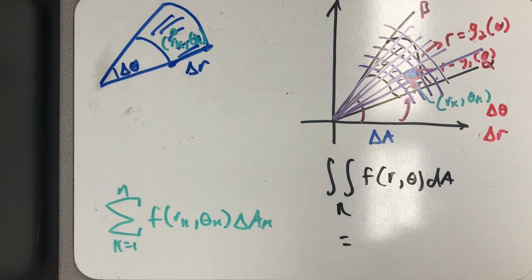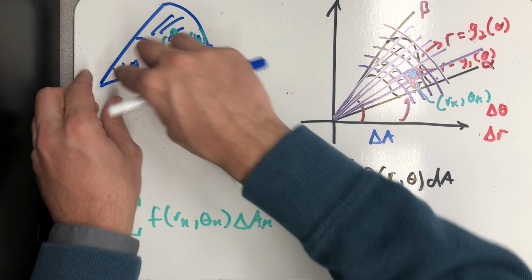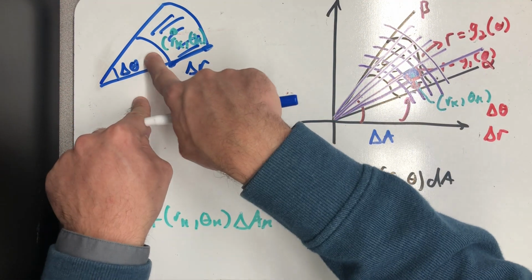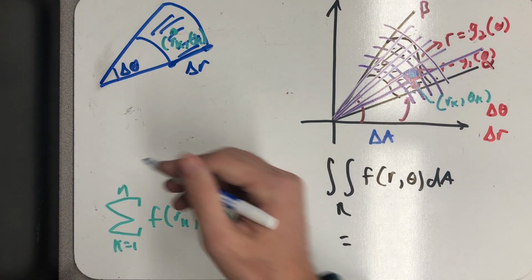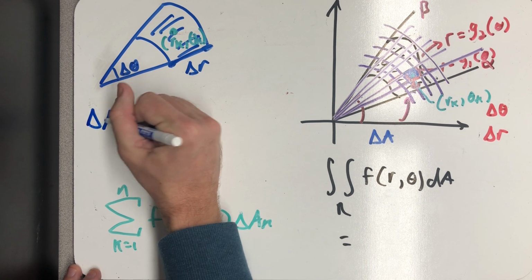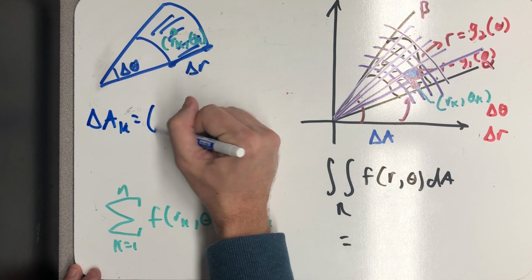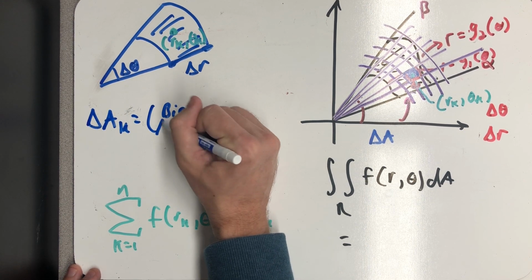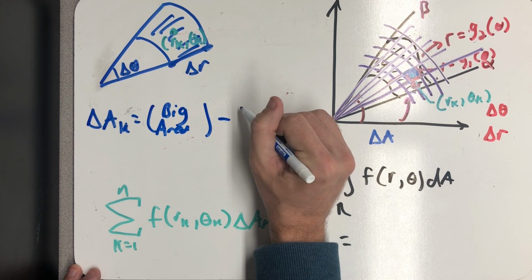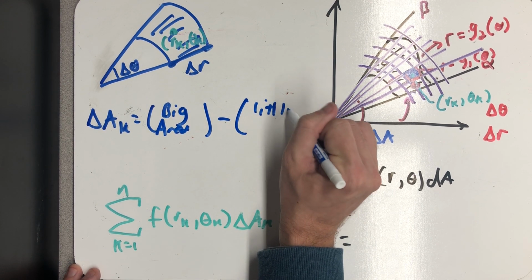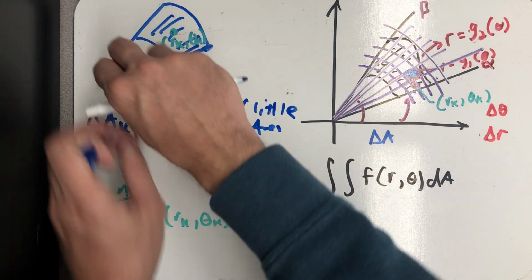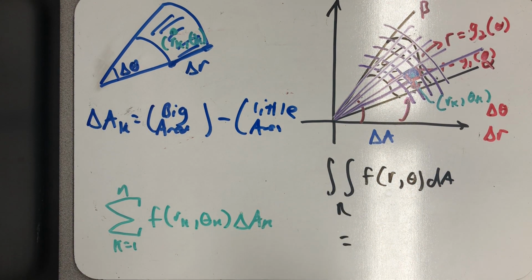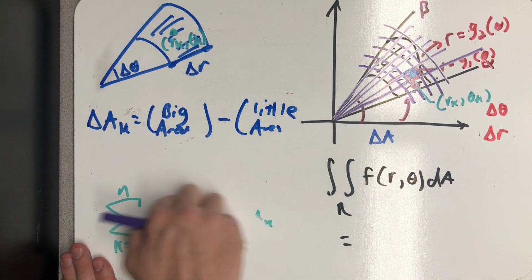All right, so what I want to do now is find the area of the whole circular sector, and I'm going to take away the smaller circular sector. So the little delta a sub k I'm trying to find is a big area minus a little area. Right, the area of the whole circular sector minus the area of the little one. Okay, well, using the notation, using the variables I've found,